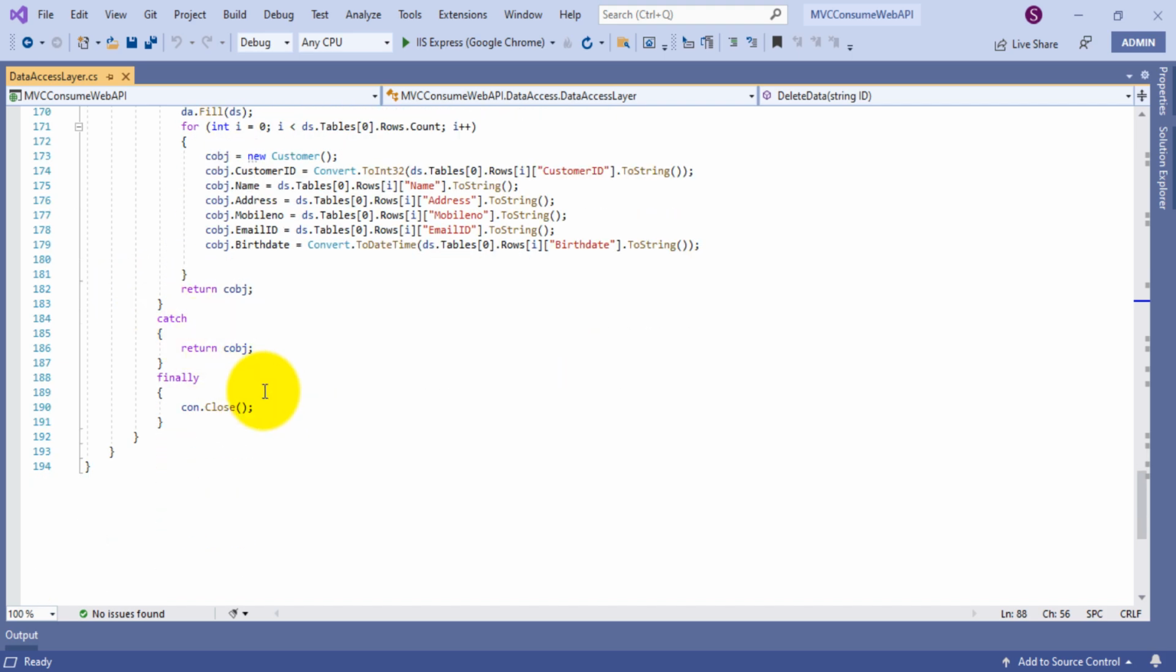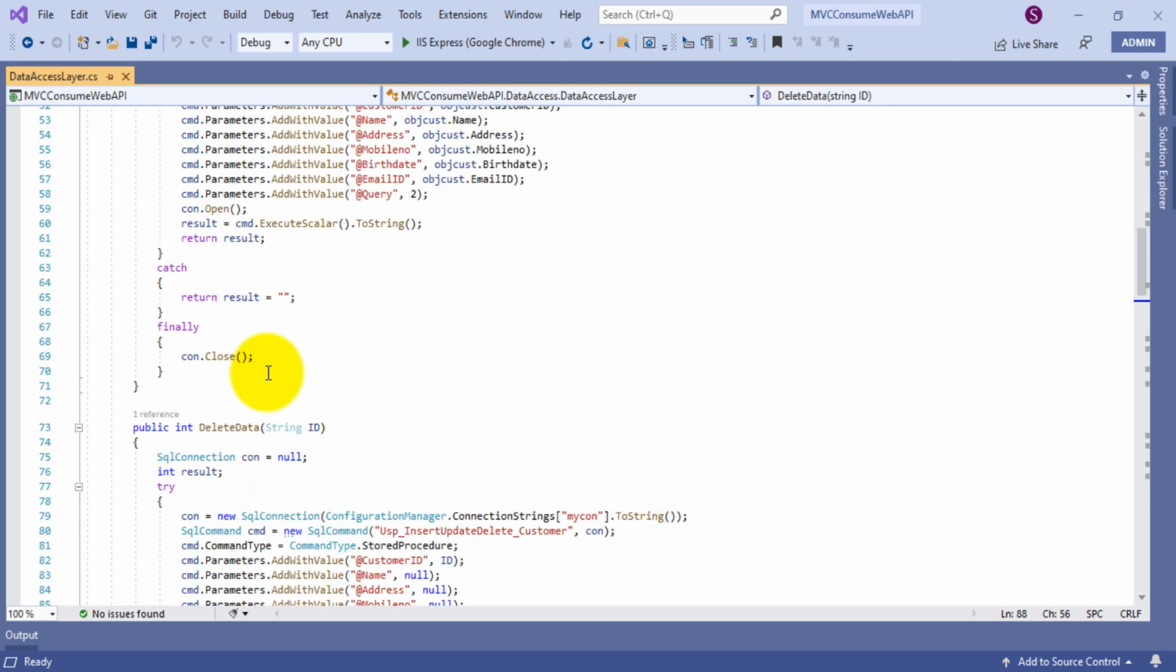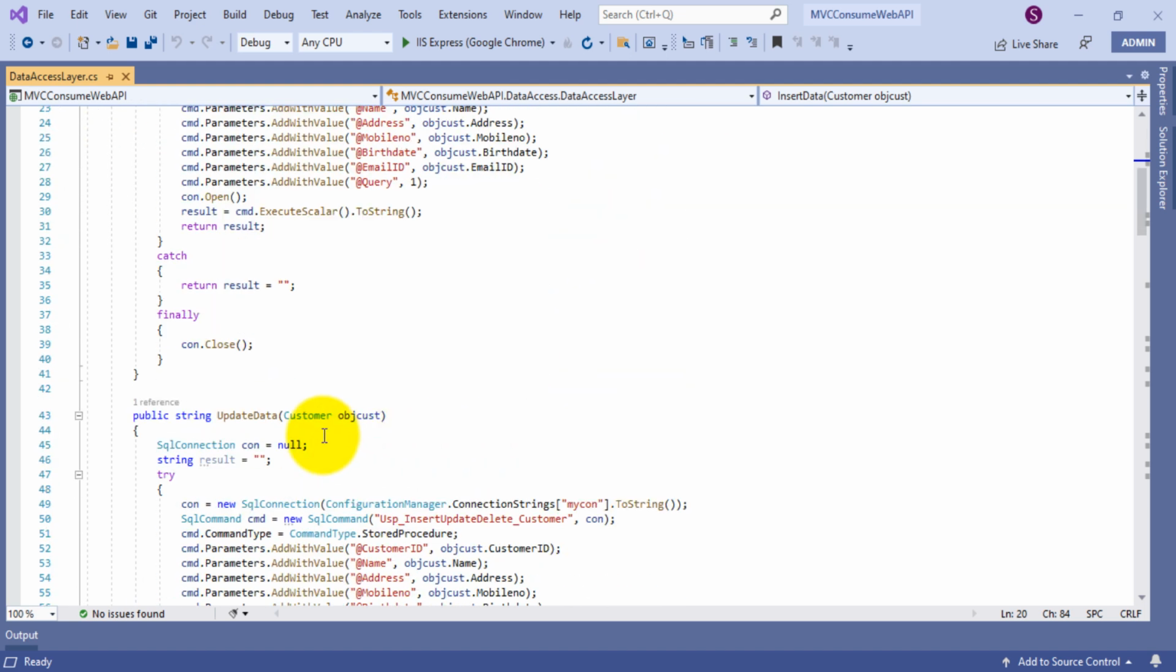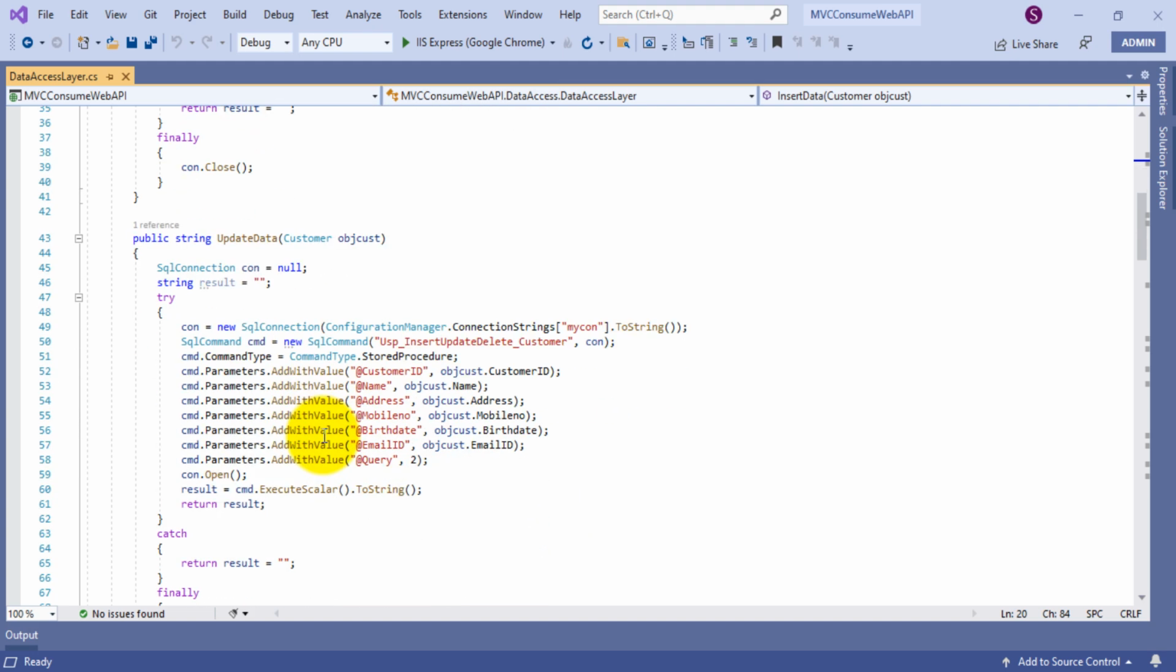Okay, so guys, here I'll show you one step by step. In this insert data function, I used query value equal to 1 to perform the insert operation, and the stored procedure name. Okay, and this is the connection string name as well. To perform the update operation, I will use the code in the update data function, and to perform the select list of data, there is